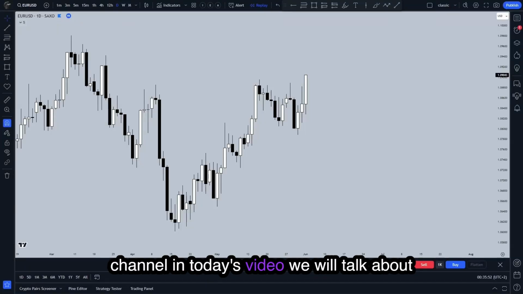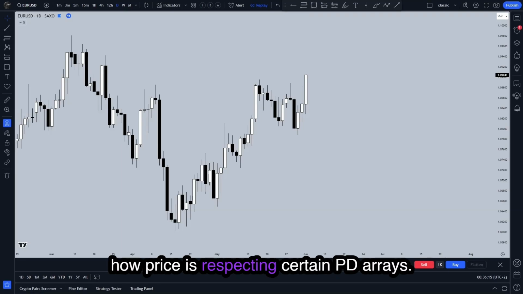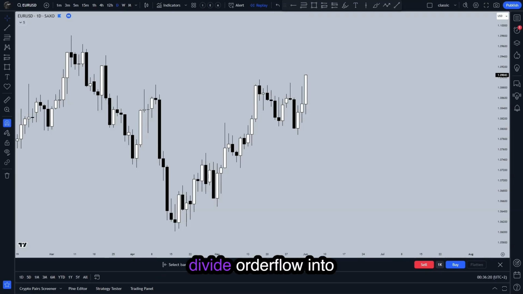In today's video, we will talk about daily order flow and how you can define changes in order flow. First of all, how can we define order flow? Order flow is basically how price is respecting certain PD arrays. We can divide order flow into three categories: bullish order flow, bearish order flow, and neutral order flow, also known